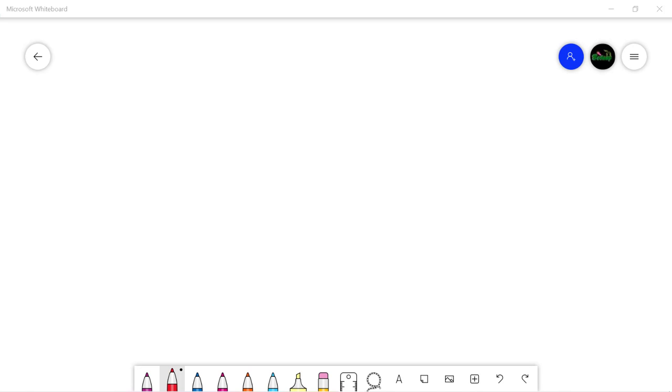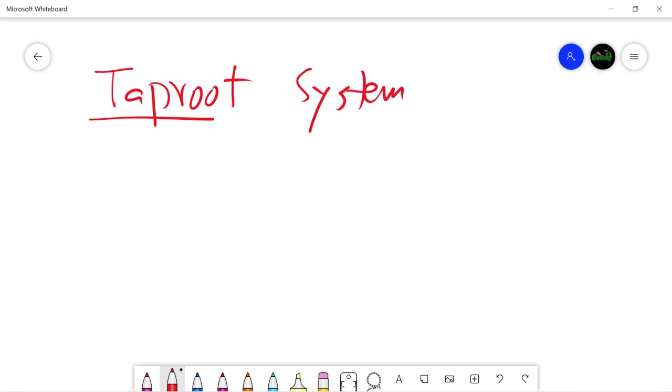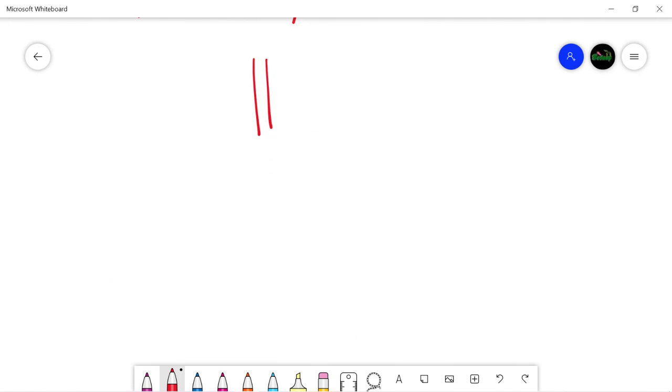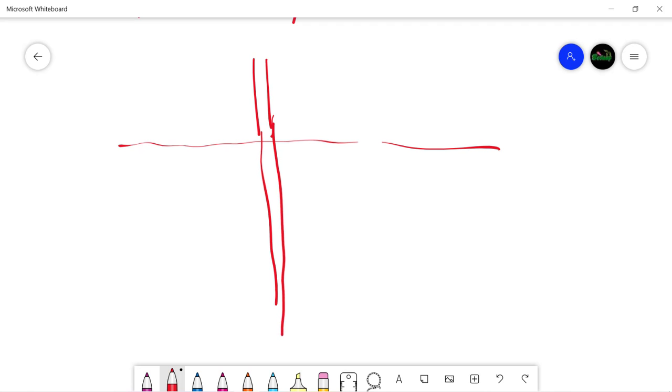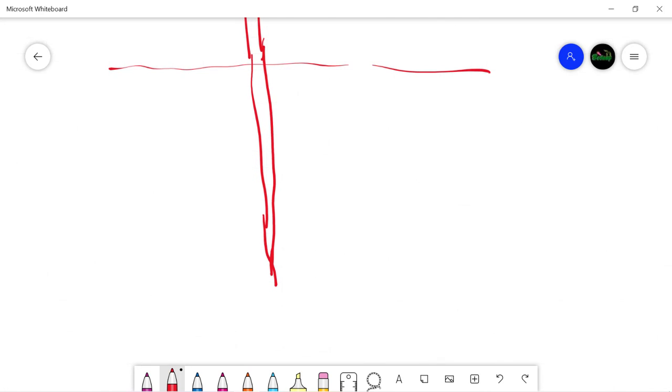In this video, we are going to take a look at the Taproot system. As we saw in the previous video, taproot is the main root of a plant which arises from the radicle. It grows downwards into the soil. Now this dashed line is soil, and this is the taproot growing downwards, and it gives off branches, obviously